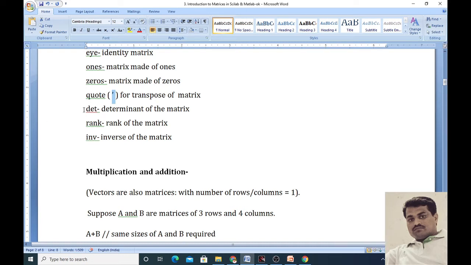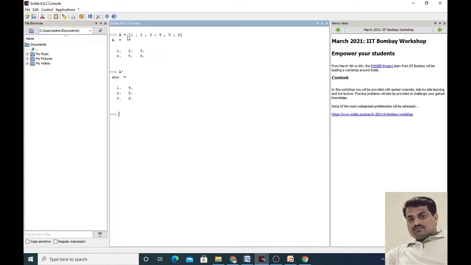The next point is the determinant of a matrix. DET is used to find the determinant of the matrix. You know the definition of the determinant of a matrix. Here, in this case, we have the matrix A. Can we find the determinant of the matrix A? According to the definition of the determinant, we cannot find the determinant of A. Suppose we take the command det of matrix A.